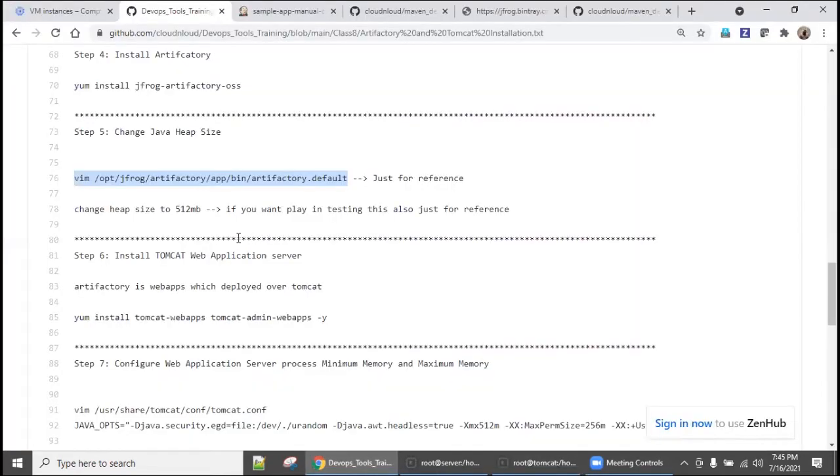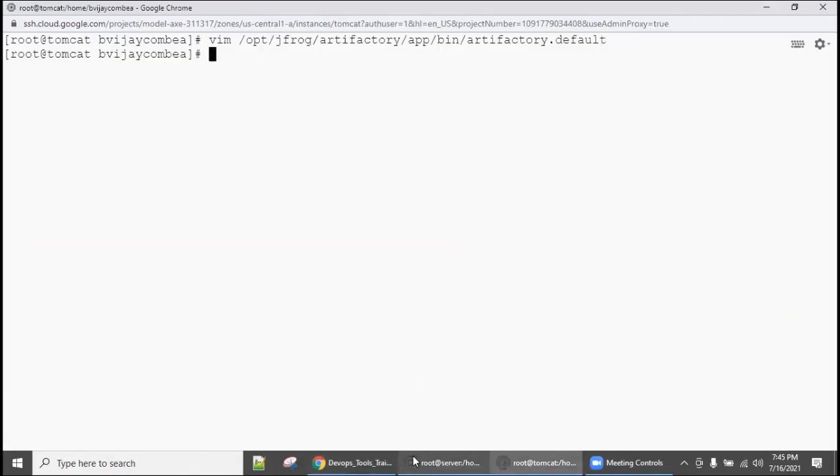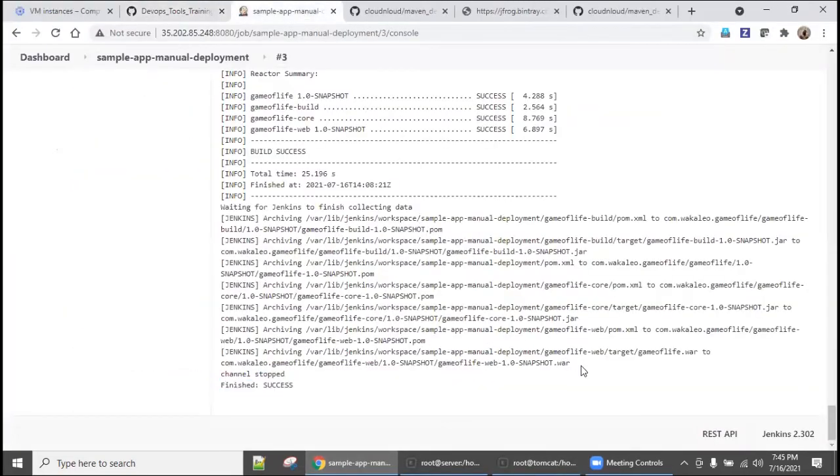Okay, next, install Tomcat. Tomcat is the web application server. So once we got the WAR file cleared, I'm going back here. See here, there is a WAR file, right? WAR means what? Web archive.